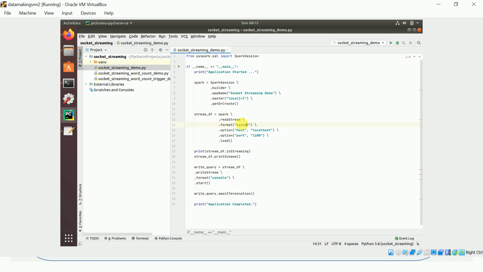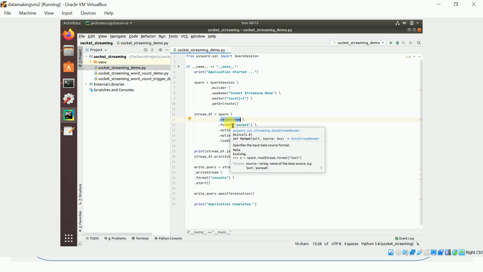If you look at the syntax, it is almost similar to reading data from any data source, be it a file system or anything else. It should be the Spark session object, readStream.format of whichever source you are reading. We are going to read the socket. Based on the source you read the data from, you provide this information. So this is like reading a data frame. The only difference is that instead of spark.read, we are using readStream. This makes it consume the data from the streaming source.